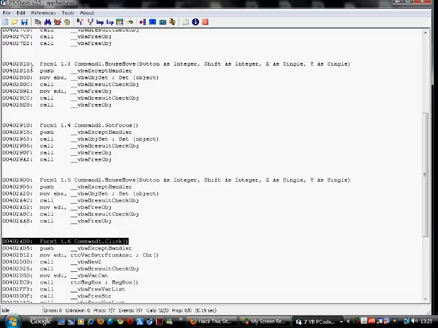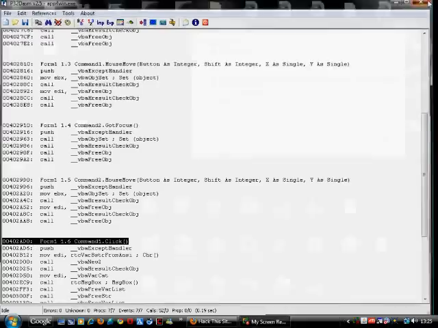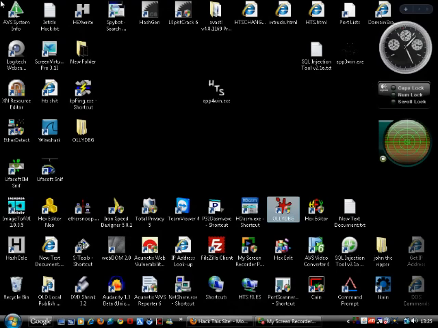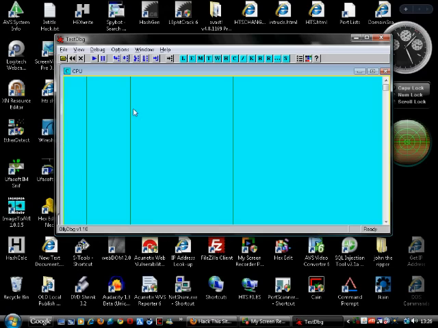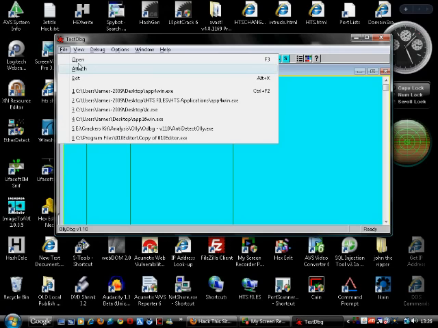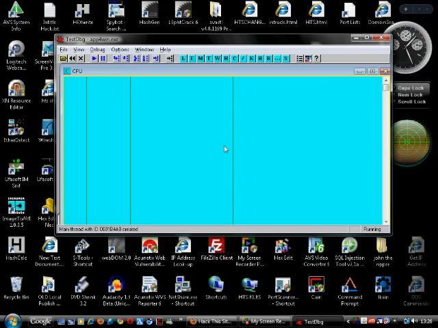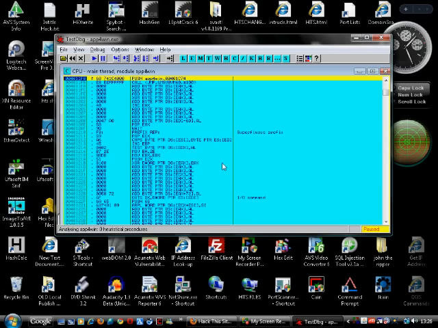So the ones we want is 00402810, which is that one, and the other one's this one here, 00402AD0. Right, so we can get rid of that. And we'll open up Ollie. We'll load in the file. And we want to go down to the address of